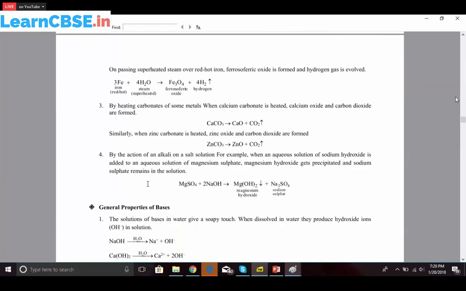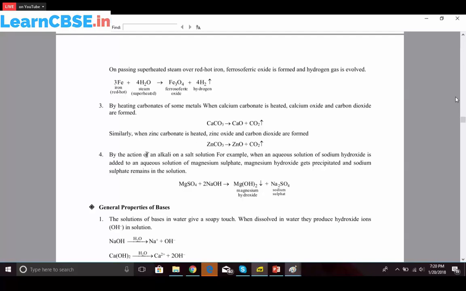Then by heating the carbonates, okay. So whenever we are heating the carbonates, we will be getting carbon dioxide gas. Along with that, we will be getting the oxides of the metal. So calcium carbonate, this we call the thermal decomposition of the carbonates. So when calcium carbonate is heated, the carbon dioxide gas will come out. Along with that, we will be getting the metal oxide, CaO. Similarly, if you heat zinc carbonate, we'll get zinc oxide, along with carbon dioxide